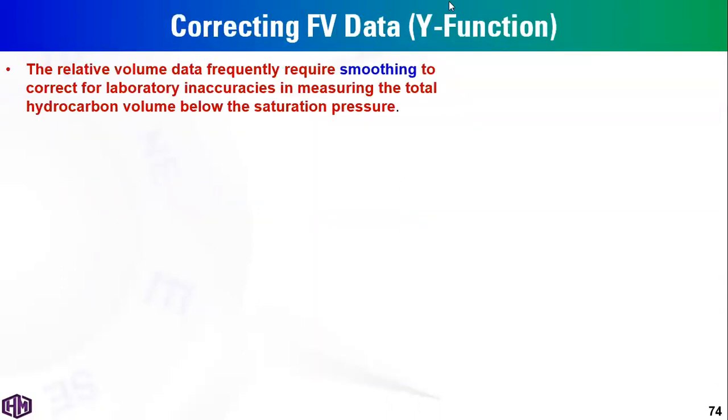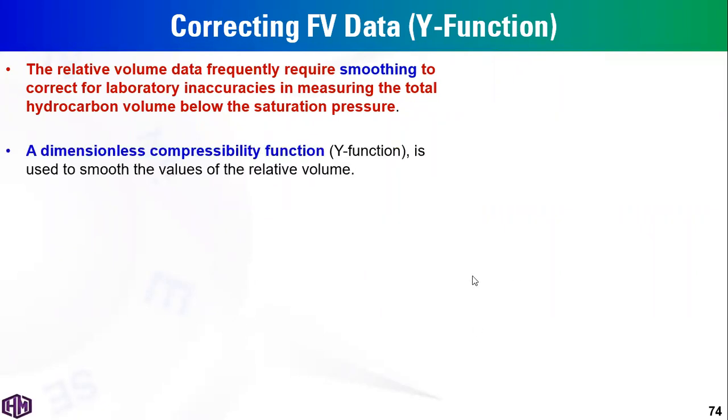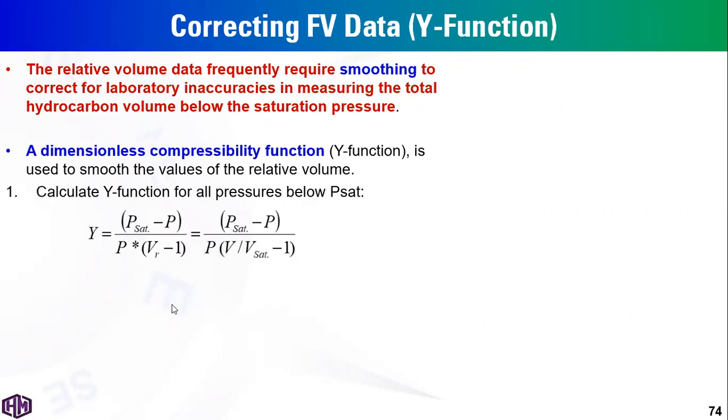So in that case, we have what we call the Y function. We have to define relative volume data and smooth the data below the saturation pressure, maybe due to lab inconsistencies in measuring the total volume below the saturation pressure. The Y function is simply a dimensionless compressibility function to smooth the relative volume data. The Y function is defined using this equation: a function of pressure and volume, saturation pressure, and the volume at this specific pressure, and